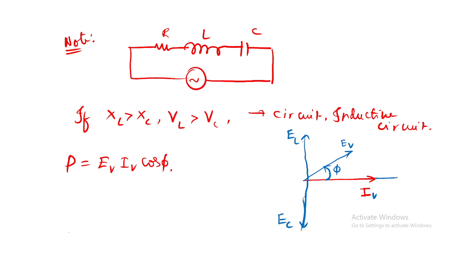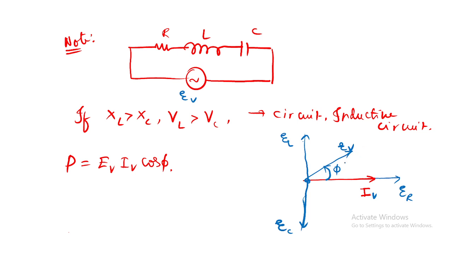And in the same direction we have E resistance also. E resistance means the voltage, basically I am talking about here. If you are confused, I will try to draw. The EMF supplied here is E virtual only. The EMF drop across an inductance will be leading. The EMF drop across a capacitance will be lagging, we know already. And the virtual current and the EMF drop across a resistance will both be in the same phase. Am I correct? Now it is making angle phi.